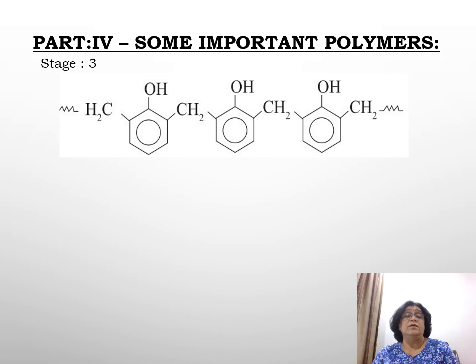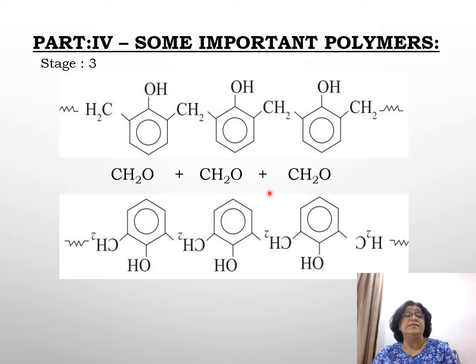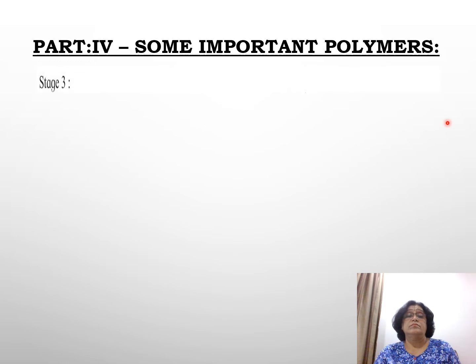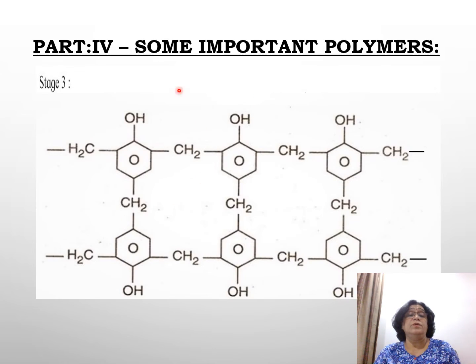The process doesn't stop here. This is one single linear chain created. Now between these linear chains also, a molecule of formaldehyde adds up like this, and a water molecule is given out, and further cross links are created between the two chains. So here you see between the phenol formaldehyde, the CH2 link is formed and cross links are created. So this makes the molecule harder, and hence bakelite is formed.